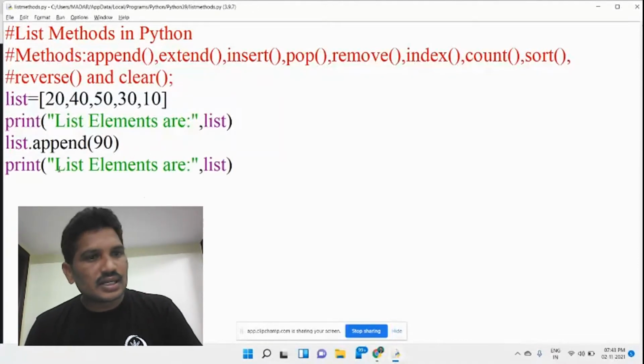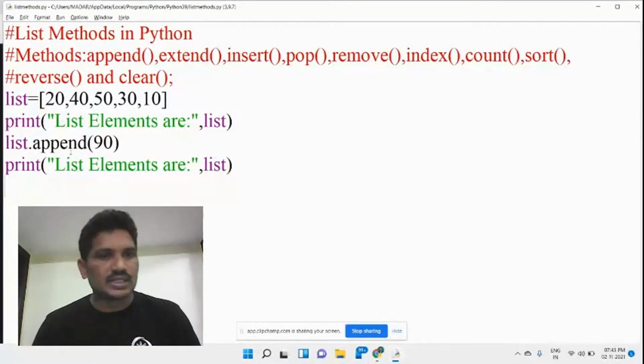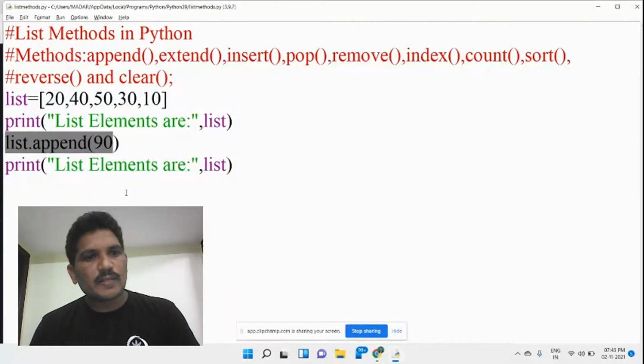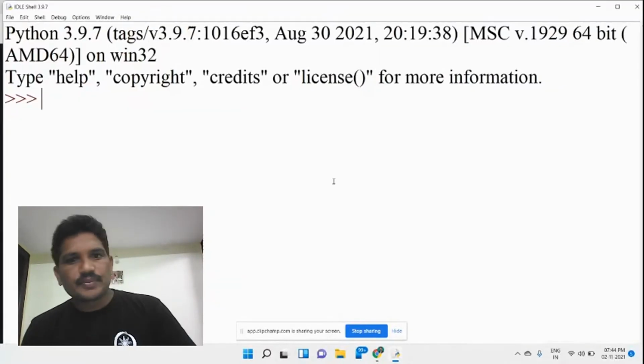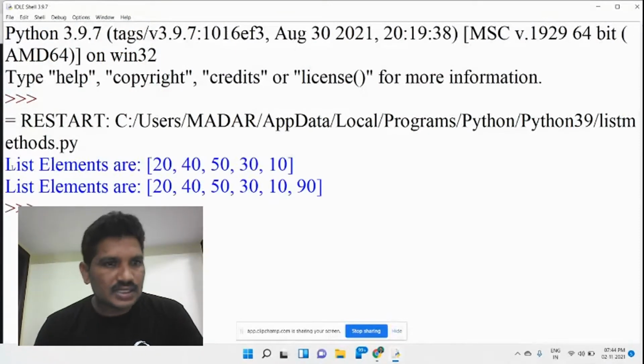See here, after append method. Before that, the list elements are here. Once we call the append method, we will see the 90 added at the end of the list. Then save it and run this module. Here you see the difference. The list elements are 20, 40, 50, 30, 10. After the append method, the 90 has been added over here at the end of